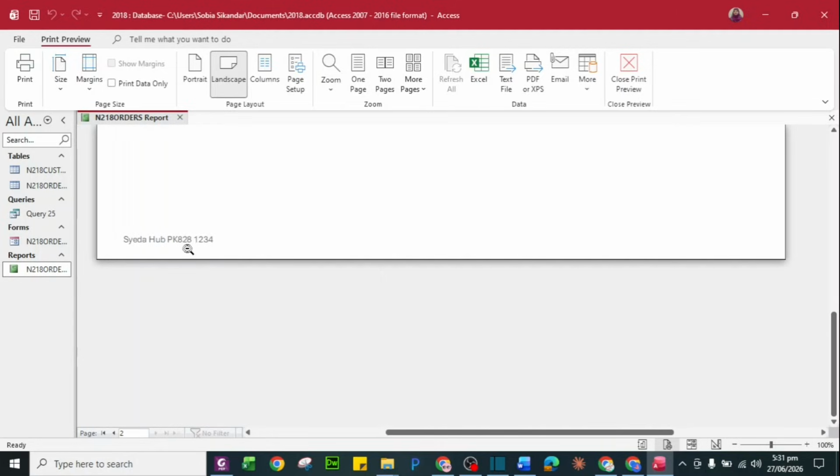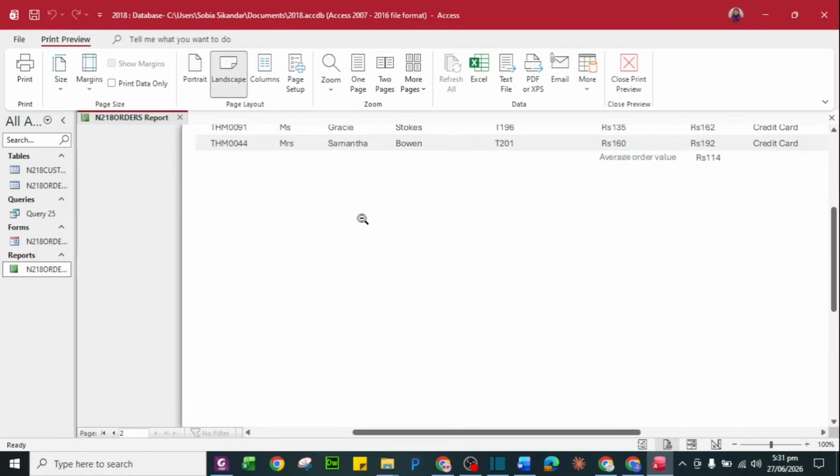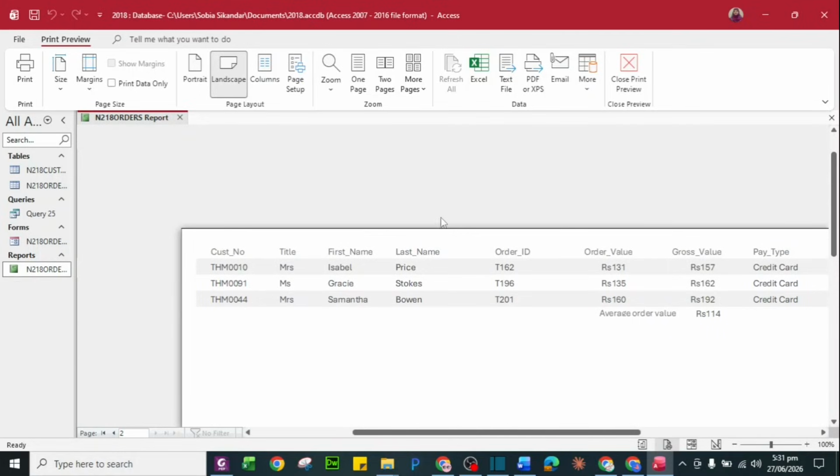Each and every page is having my name, candidate number, but this is at the end of the report on the second page. And these are my labels and this is my data. And let me check this one which we have entered at the end, 2017 and THM0044. Yes, everything is there.